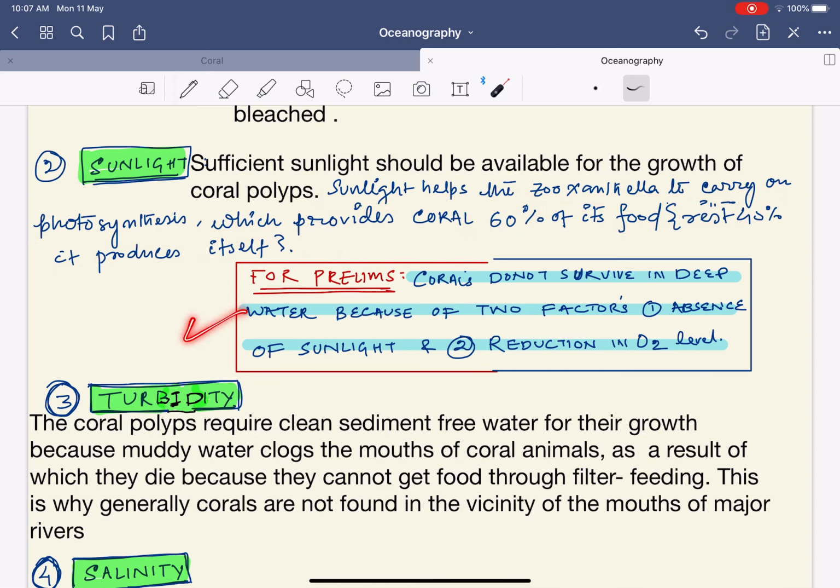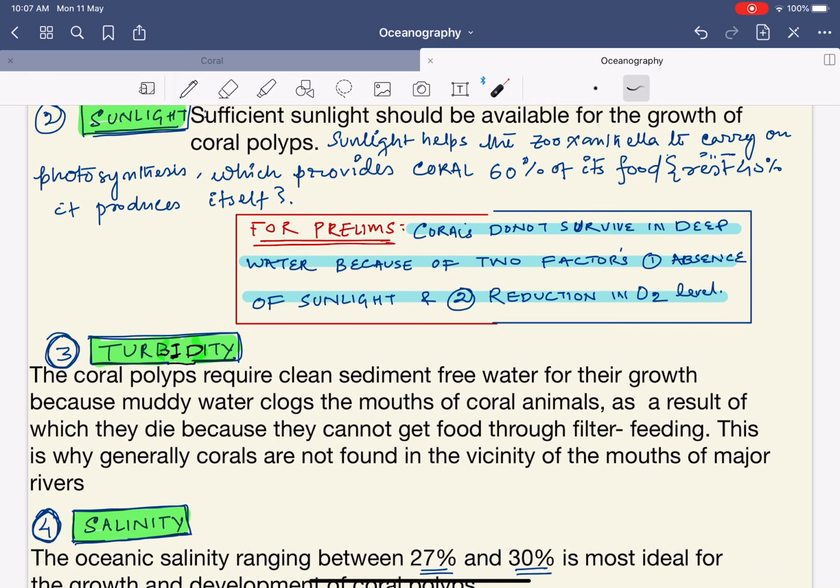Next, this is from your prelims point of view. I have to write this from the prelims point of view, else students end up adding to the mains answer itself. But this is not necessary.